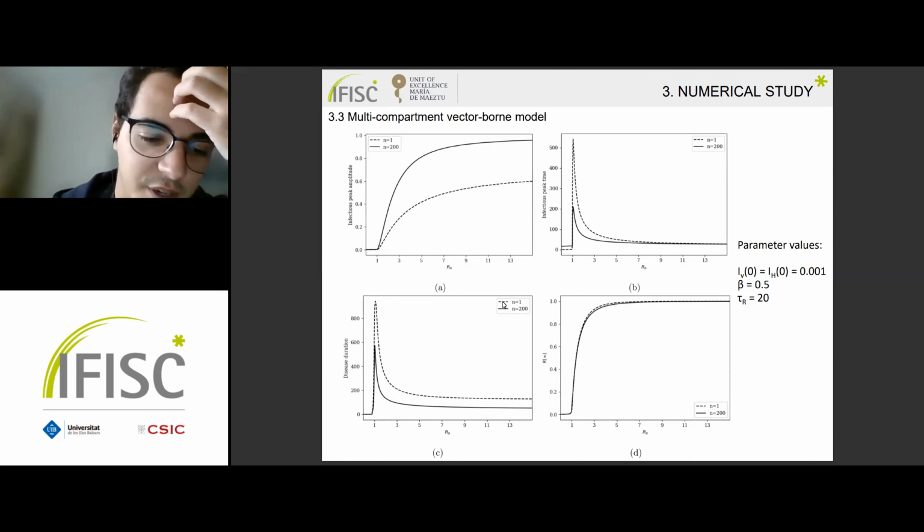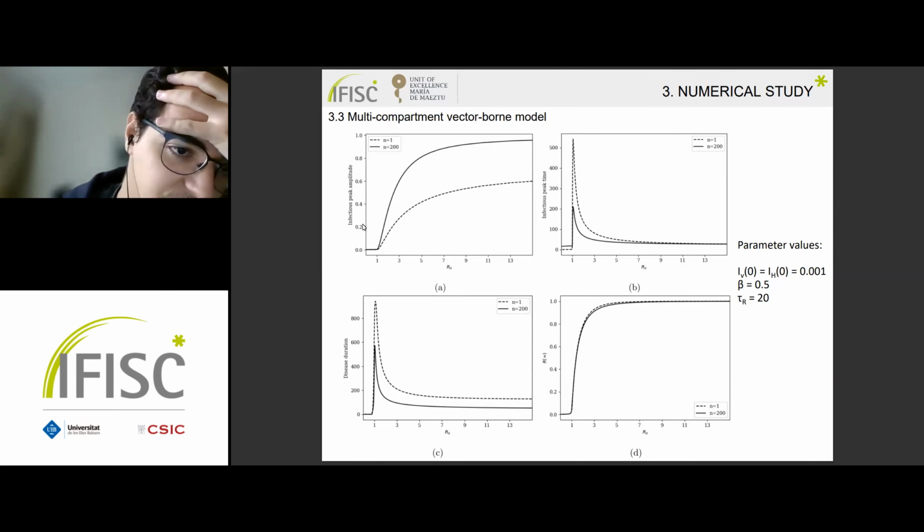This is very important. The magnitudes that we compare: first, the infectious peak time. Here we observe again, for different values of the reproduction number, we found higher peak times for the continuous case. Regarding the infectious peak time, we find that in the continuous case we have smaller peak times, as we saw before. Here we're comparing the disease duration. So here we see that in the continuous case, the disease lasts significantly shorter than in the single compartment case,